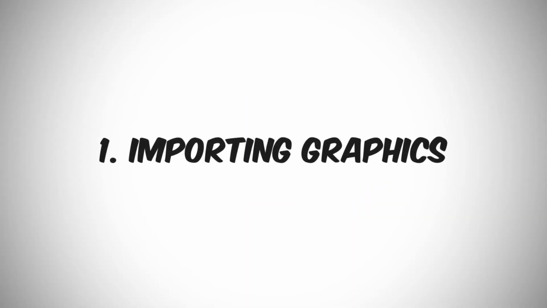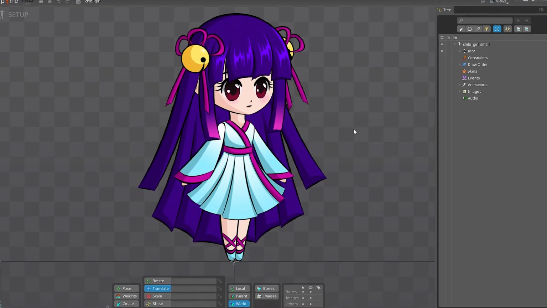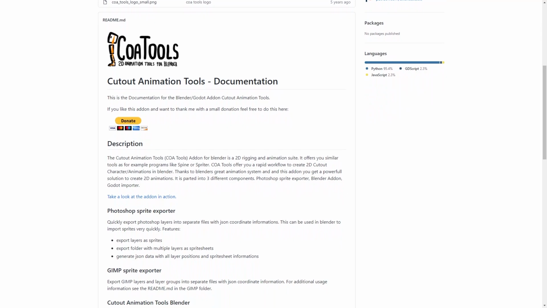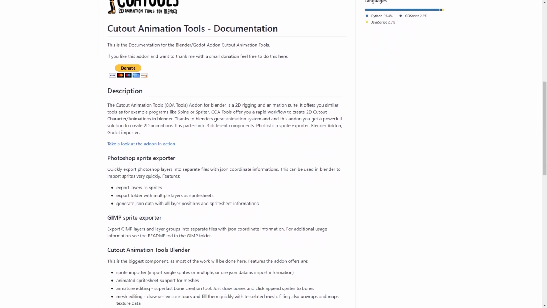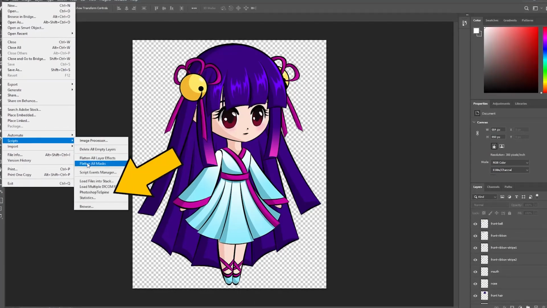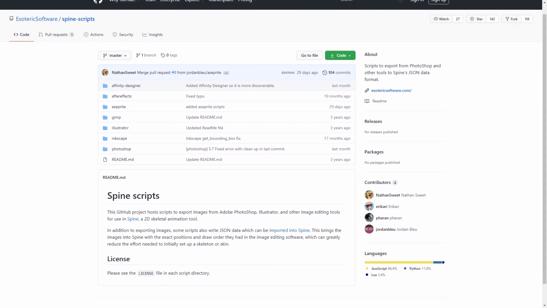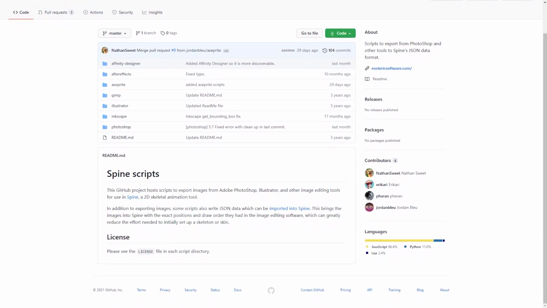Okay, so before we can start animating our character, we need to import it into the animation software. Both Spine and CoTools offer a set of special scripts that you can download and run from the graphic software you've used to design your character. I use Photoshop, but other software options are supported as well.